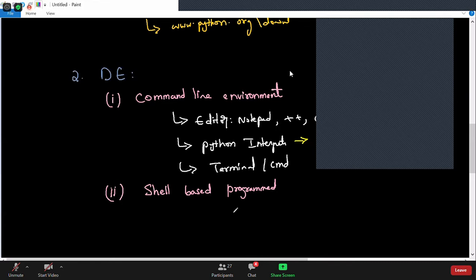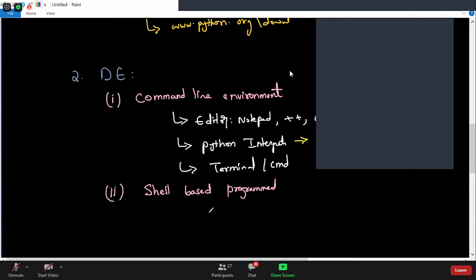So it's fast, it's a convenient way of writing a program, but generally this environment is not used to write big programs. This environment is used to debug your program, to test your program and so on. So Python also provides you a shell-based environment. Even if you are familiar with Java, Java 9 also introduced JShell, which is the Java shell. So shell is one of the good environments to work with a programming language, and having knowledge of it is always good, because we also start with the shell to teach you and to learn Python.